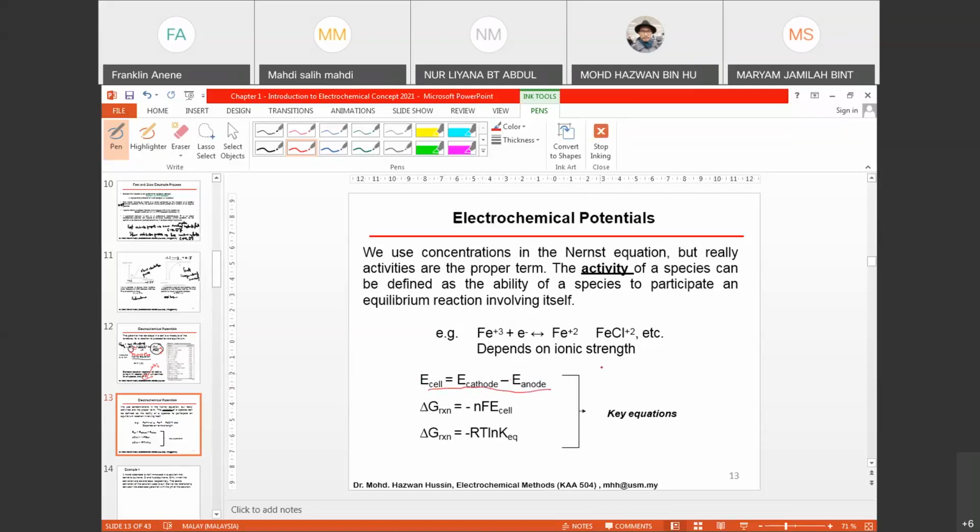I mean, the equation must be in the reduced form, Fe 2 plus 2 electron equals to Fe, for example. Okay, then this E naught for iron is equals to minus 0.4 volt. When you use this formula,